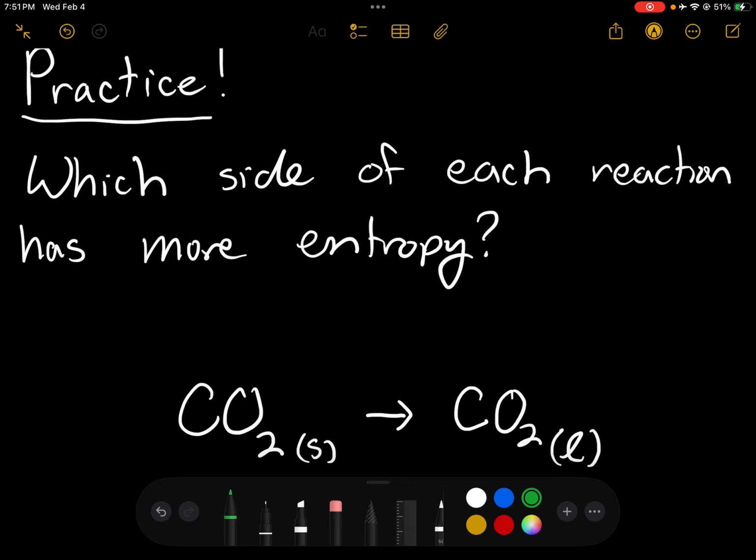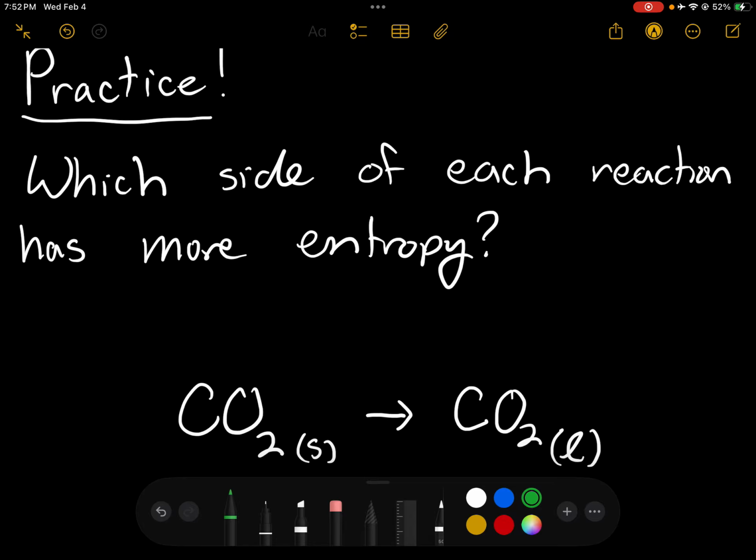So, a couple of practice problems. Sometimes you'll see problems like this on the AP test where they might ask you which of the following tends toward the most amount of disorder, or which of the following has a positive delta S value, or some derivation of that question. So the easiest way to practice that is just saying, okay, where is my more chaotic side